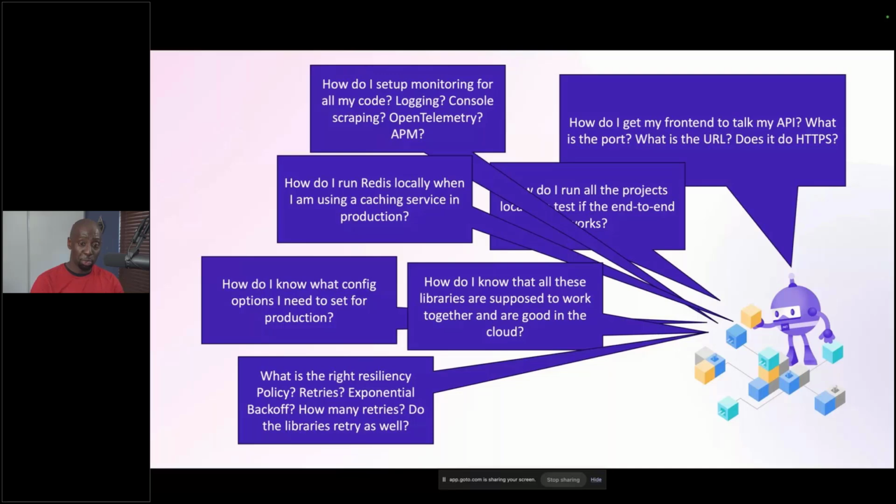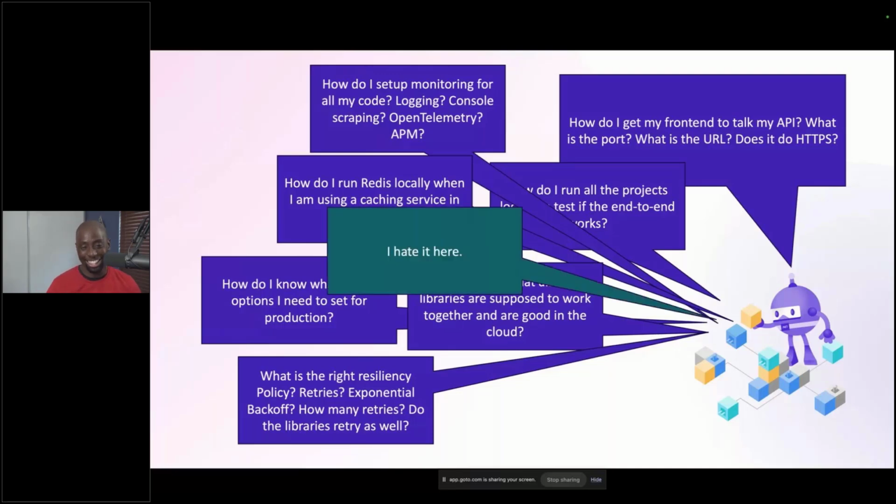One, we have to choose those pieces, but then we have to try and see what's the right configuration, what's the right setup, what are the right port numbers and system configurations and dependencies that we need just to get those things running. And then eventually you're like, I give up. I can't take this anymore. It's just too much for me to do. Because this is not what we want to do, right? We want to build applications. We want to spend time adding business value because that's what we do as developers, right? We want to add business value.